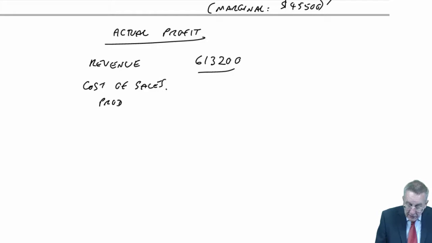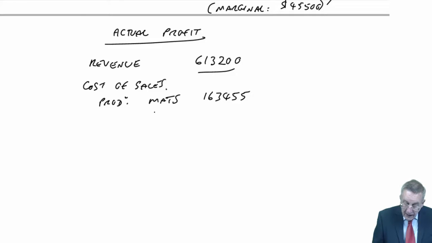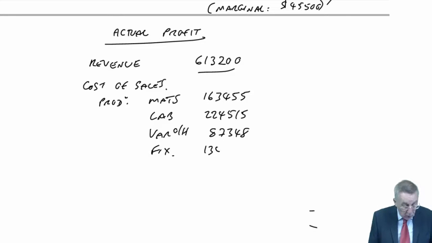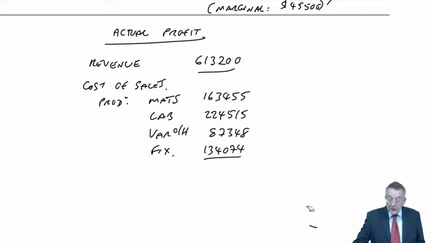The cost of sales, well, we take the cost of production first, and the materials, 163,455. The labour, 224,515. The variable overheads, 87,348. The fixed overheads, we're using marginal, remember, so we're not messing around with contribution here. So the actual fixed overheads, 134,074. So the total cost of the 8,900 we produced